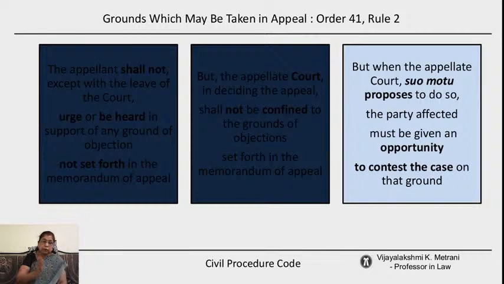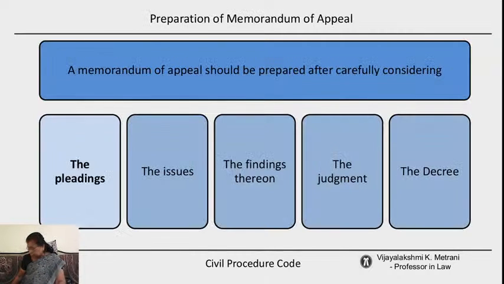See how the principles of natural justice are followed in appeal, because first of all everything should be sure, everything should be concisely stated, only the grounds of appeal should be stated, then that should be presented before the court. The court looks into the grounds, only on the grounds you can speak, but if the court allows some other ground, then the party should be given an opportunity. Next, how it is prepared. So while preparing the memorandum of appeal, what are the things we should look into? So we should first look into the pleadings while preparing it.